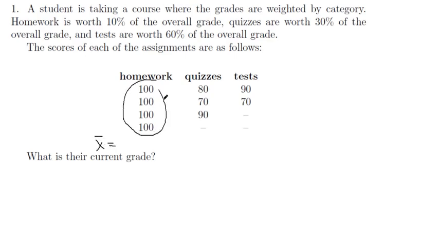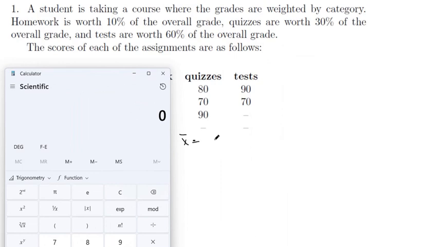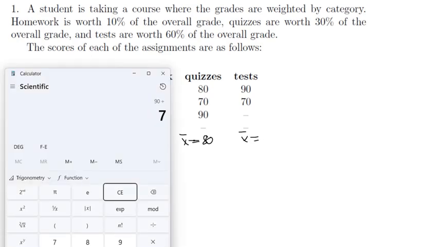So add up all the numbers, then divide by the number of numbers. So 100 plus itself 4 times, divide by 4 is 100. That's the average for this group. For quizzes, there's 3 quizzes. The dash means there was no quiz there for that part of the table. So add up all the points, then divide by the number of quizzes. So we got an 80 average for quizzes. And then tests, 90 plus 70, and there was 2 tests, so divide by 2, so we got an 80